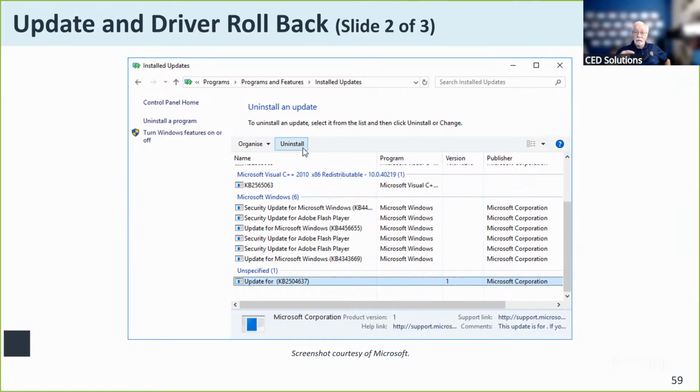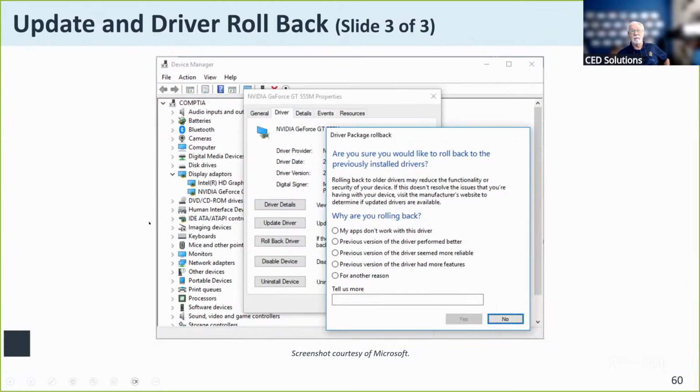It will keep these updates on board for me, and I decide what that configuration is going to be when I set the machine up. How many updates deep is it going to keep for me? And then I can roll these suckers back. I can uninstall this update, uninstall that update, uninstall this driver update, and just basically roll it back to a point in time that I have determined when the error started occurring.